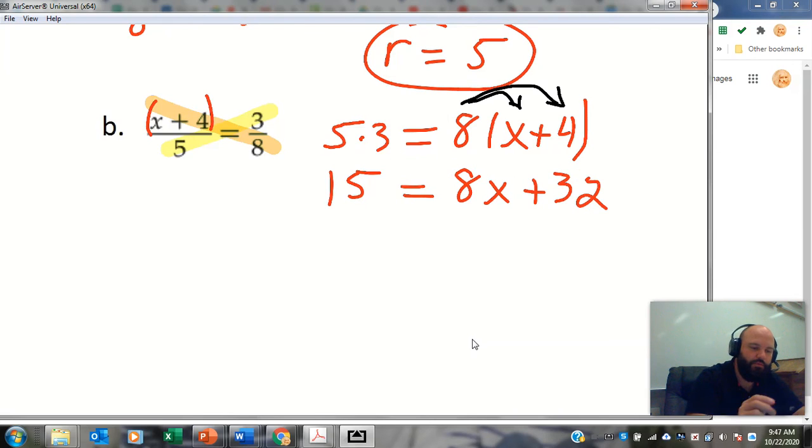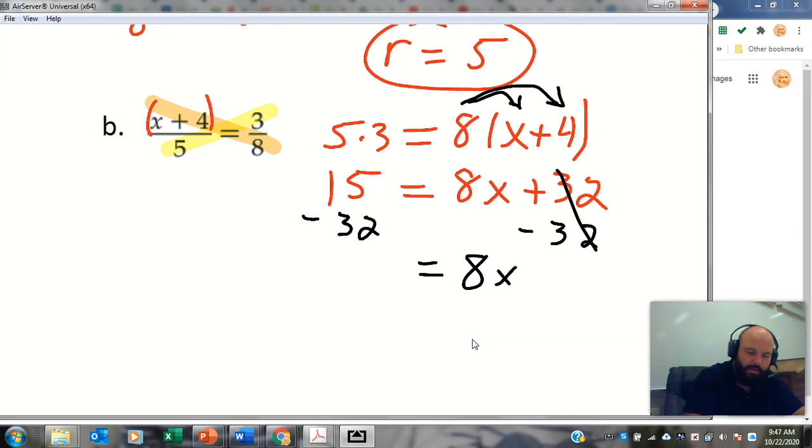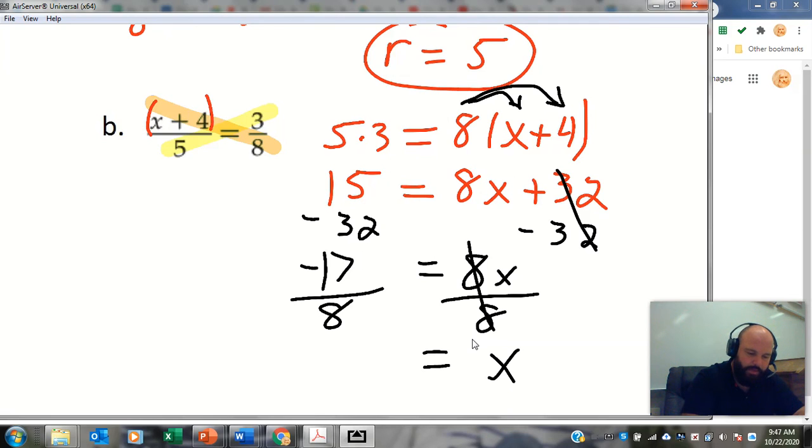We are going to undo the plus 32 first by subtracting 32 on both sides. You can see that I have now 8x equals, now 15 minus 32 ends up being negative 17. Negative 17. And then from there, we need to divide by 8 on both sides. And when I do that, I get x equals negative